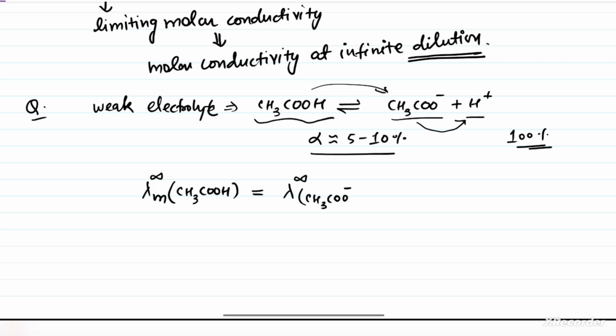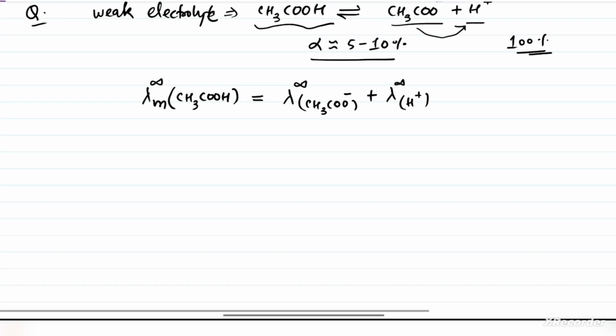So λm∞ of CH3COO⁻ plus λ∞ of H⁺. Now since this acid can't be dissociated 100%, we can take these two ions from any other component. So we can take a strong electrolyte. How can we add these? Like if I take λm∞ of CH3COO⁻, now if I take any strong electrolyte,